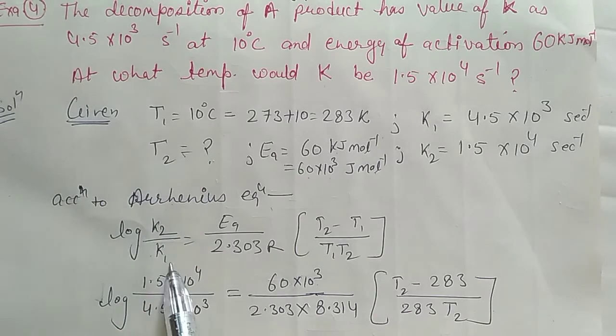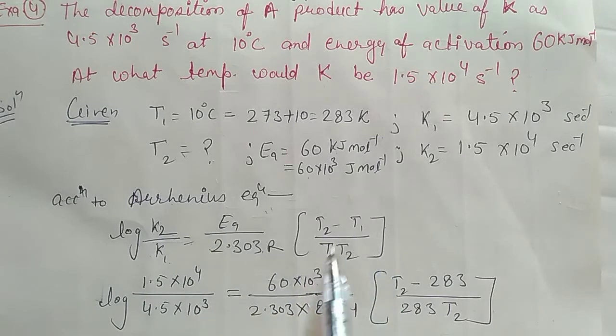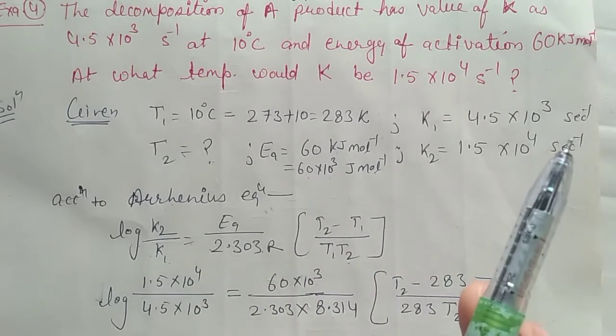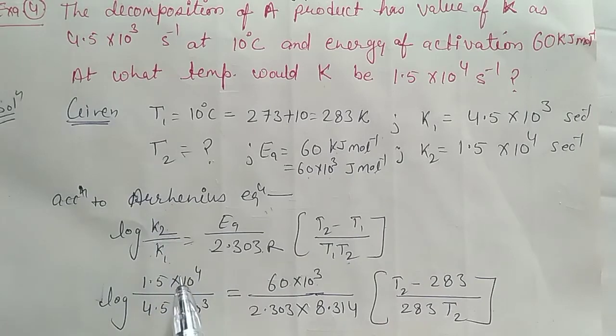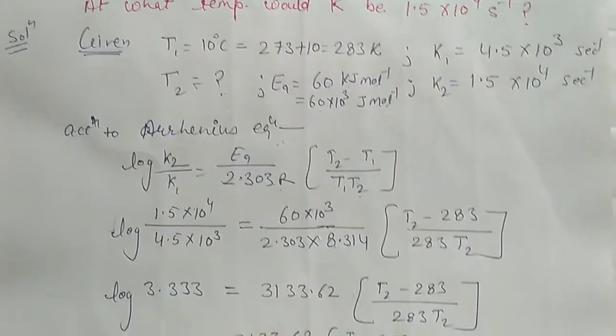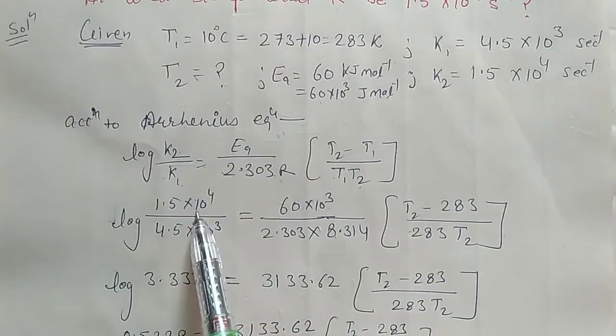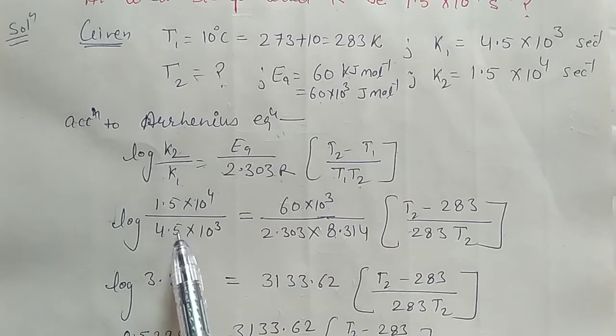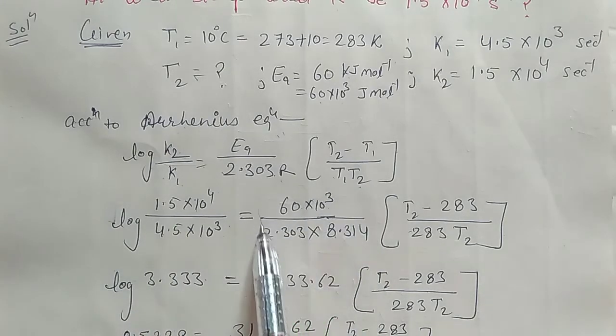log K2 upon K1 is equal to EA upon 2.303 R times T2 minus T1 upon T1 T2. All the values are given. K2 is given, K1 is given, EA is given, R we can know, and T2 we have to calculate, T1 is given. We can put all the values, and now the ratio of 1.5 into 10 to the power 4 upon 4.5 into 10 to the power 3 is 3.33, and by solving this value we obtain